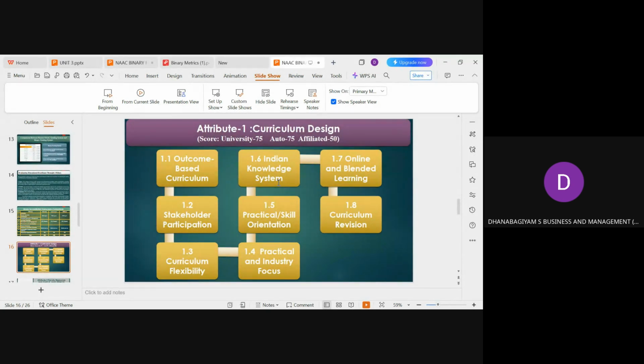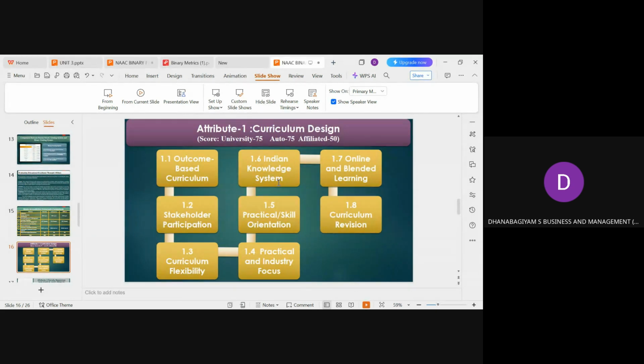Okay. So when you talk about the outcome-based curriculum, the syllabus which we design should have SDG goals and gender equity, and whether it is fulfilling any employability skill, professional skills. So from the basic, when we design the syllabus itself, we have to design the syllabus which maps to SDG goals, cross-cutting issues, professional ethics, and likewise, we have to design the syllabus from the beginning, at the initial stage itself.